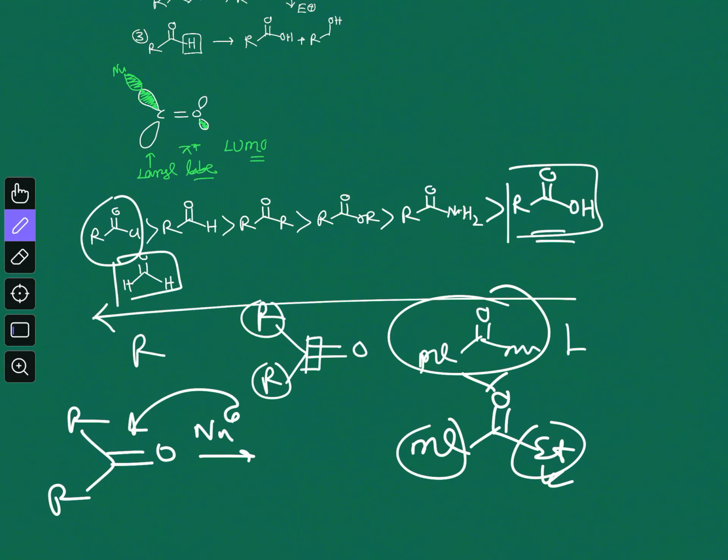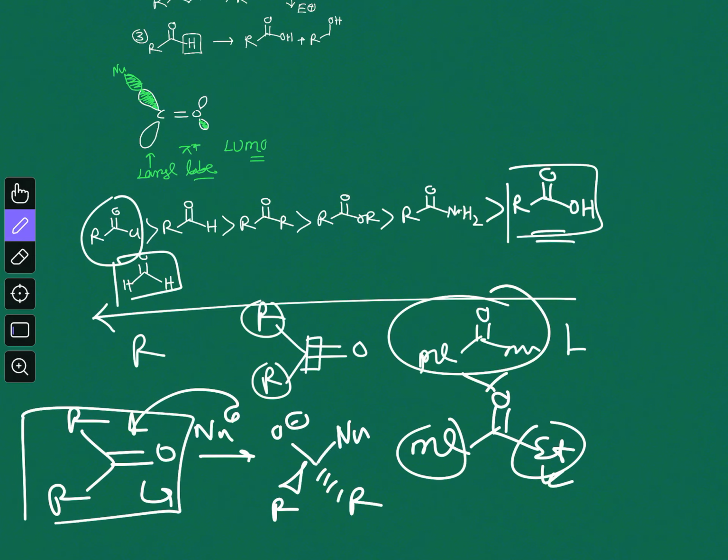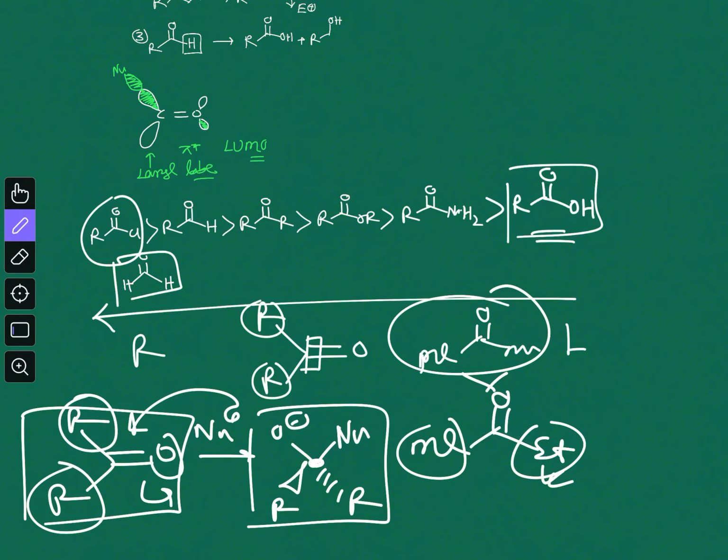So this is the general step of any carbonyl functional group reaction, and you will have this kind of intermediate. So you can see this nucleophile, this O minus, this R, and another R. From a trigonal center you are going to a tetrahedral center, so you are actually increasing the number of atoms around the central carbon atom. In this case you can see 3 atoms are there, and their separation is 120 degrees, but in the intermediate you have 4 groups and their separation is only 109 degrees.